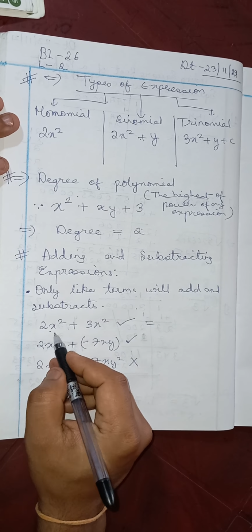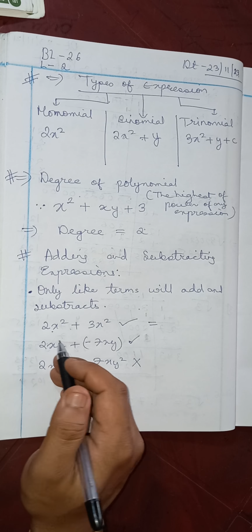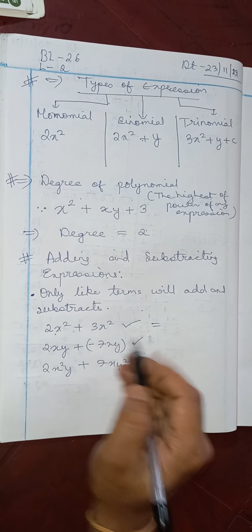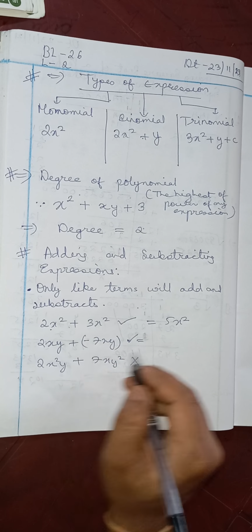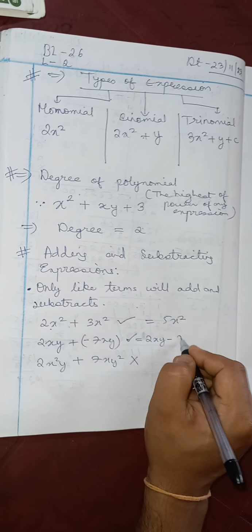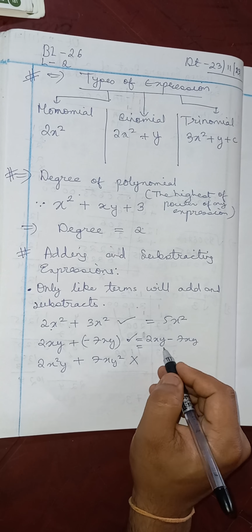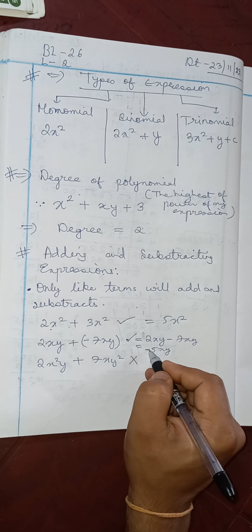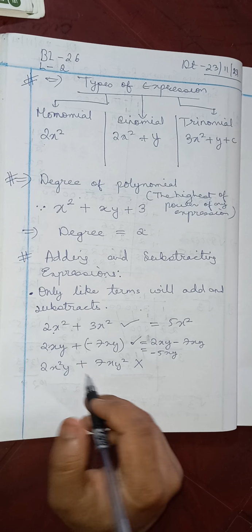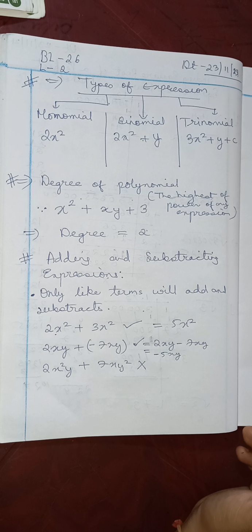What you have to think over here, children, is to imagine each term as an apple or any commodity. So 2 apple plus 3 apple would be 5 apple, like this. Then this number has two signs, so first we have to make it one sign. Plus minus will become minus. So 7 apple minus 2 apple would be 5 apple, and 7 is bigger than 2, so you have to put minus over here. And this will not get solved because they are two different terms, or you can say unlike terms. Only like terms will get added or subtracted. You have to think like that.